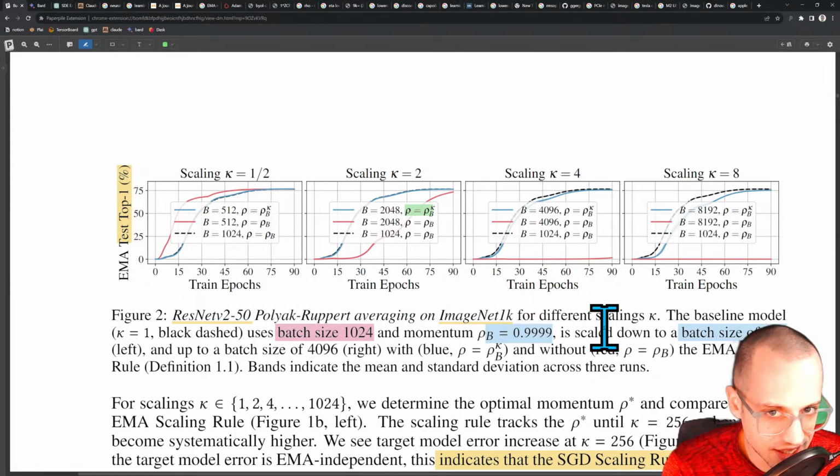So now you have a scaling law that'll tell you how much you need to change the momentum of your EMA such that you end up with basically the equivalent optimization process as you would have with the original batch size. So now you have a scaling law for the momentum term of the EMA,